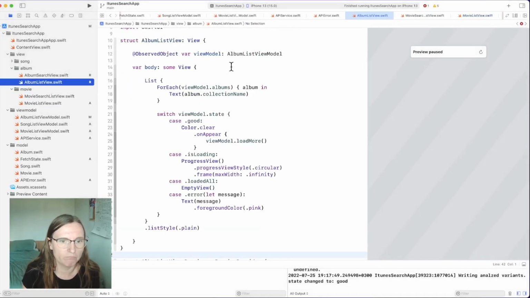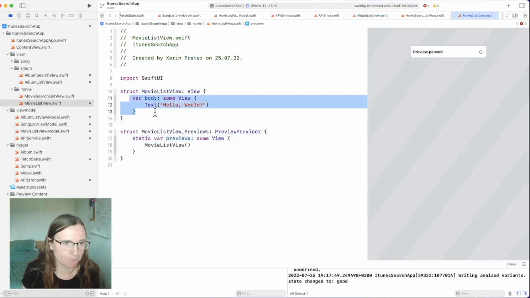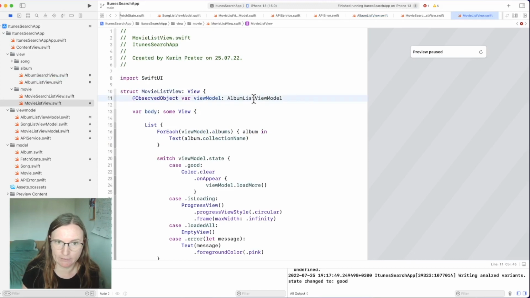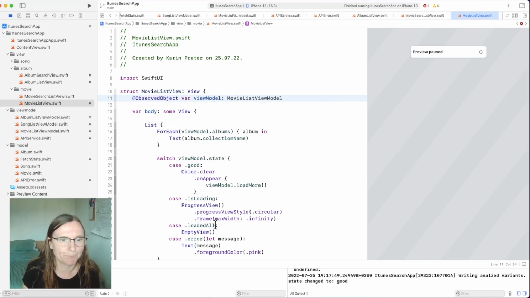Similar to my album list. So just going to copy this into my movie list view. You don't need to have everything generic, especially because I'm only trying something. We probably want to customize this a lot more. So this is the view model, in this case a movie list view model. So I have here movies. So for each of these movies,